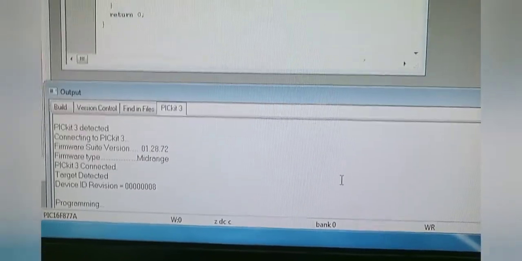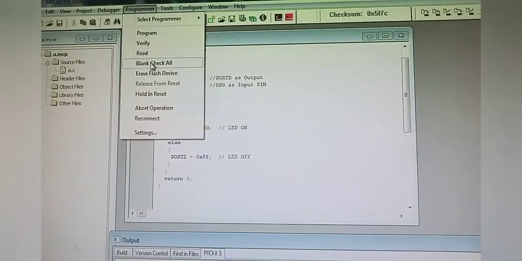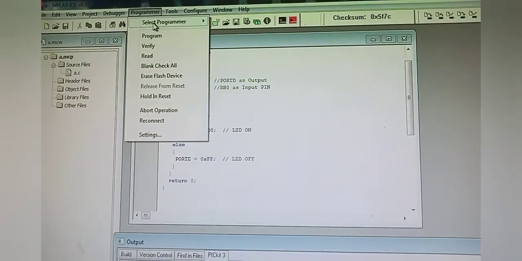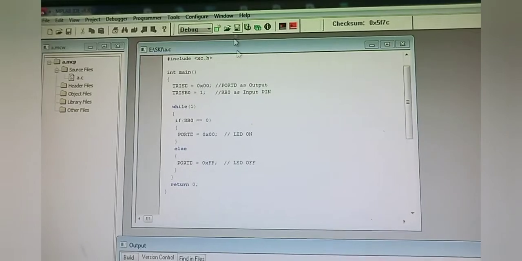Okay, now just move towards the programmer again. Click on select program and none. Let us move towards the target board.